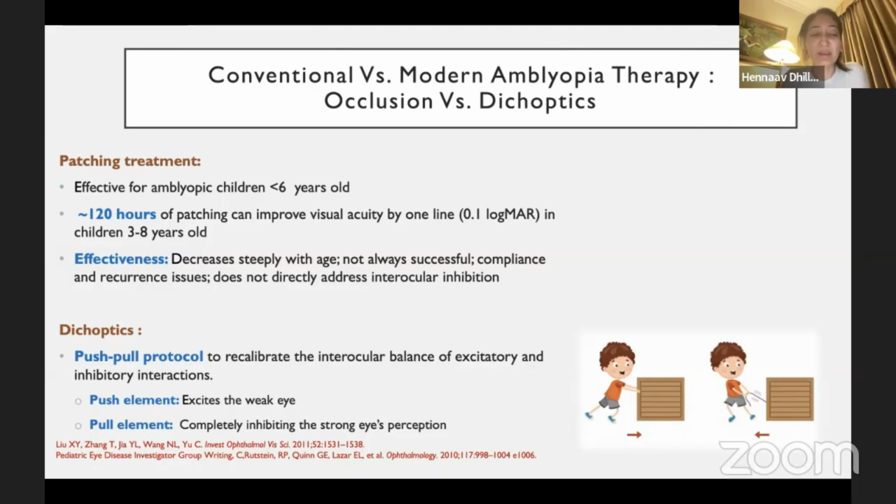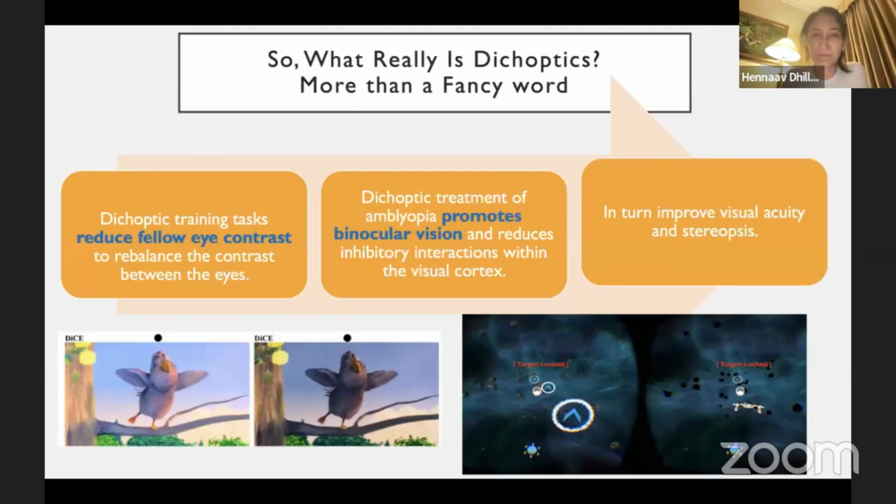Dichoptics, on the other hand, is based on the push-pull protocol that recalibrates the interocular balance of the excitatory and the inhibitory interactions. The push element excites the weak eye, and the pull element inhibits the strong eye's perception. What really is dichoptics? As you see here in the picture, there are two kinds of pictures or images that are given to the eyes. The dichoptic training reduces contrast to the fellow eye to rebalance the contrast between the two eyes. It promotes the treatment of amblyopia by promoting binocular vision. It reduces inhibitory interactions in the visual cortex,